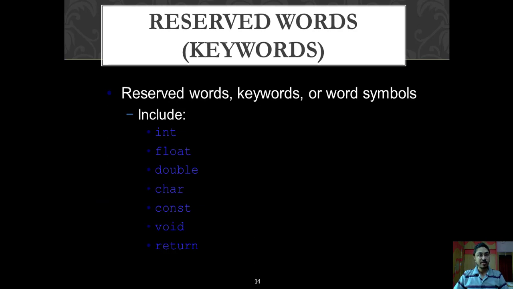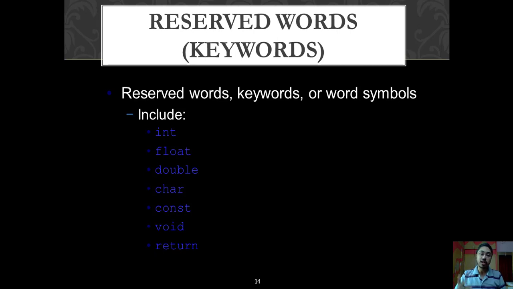Let's discuss this point, reserved words and keywords. This concept we have already discussed in C. The same concept has been carried forward in C++ also. So here keywords are nothing but some special words whose meanings are already defined. You are not supposed to use these words to create any variable or to give any name to your functions. The reason is that these words are specific words whose meaning is already known to the compiler, and the compiler will start interpreting once these words appear in that particular way.